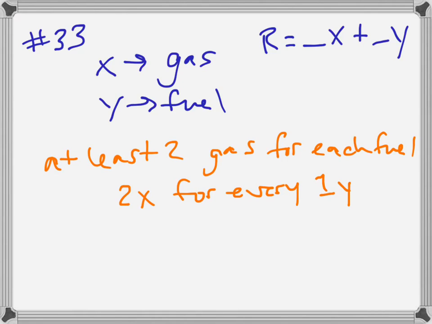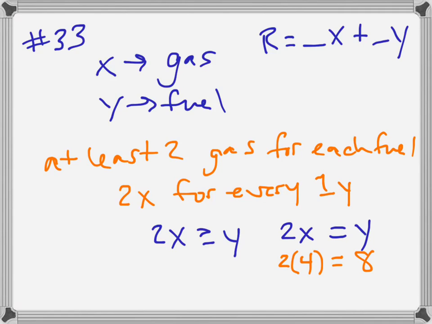So one constraint that would be kind of obvious to write here, it almost looks like this is going to be 2X is greater than or equal to Y. So let's check this out. What if it was exactly 2 gallons of gas for each gallon of fuel? Then we'd have 2X equals Y. So let's check some values. If X is, for example, 4, then Y would have to be 8, based on the equation that we've written here. That's saying that for every 4 gallons of gas, we'd have 8 gallons of fuel. And that's actually the exact opposite of what we want. We want the ratio to be 2 to 1,